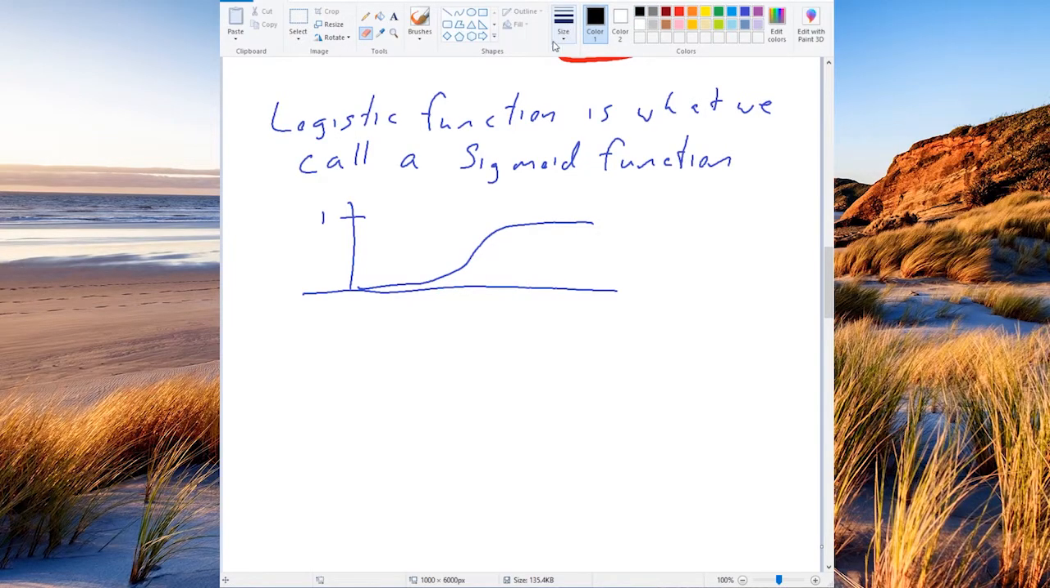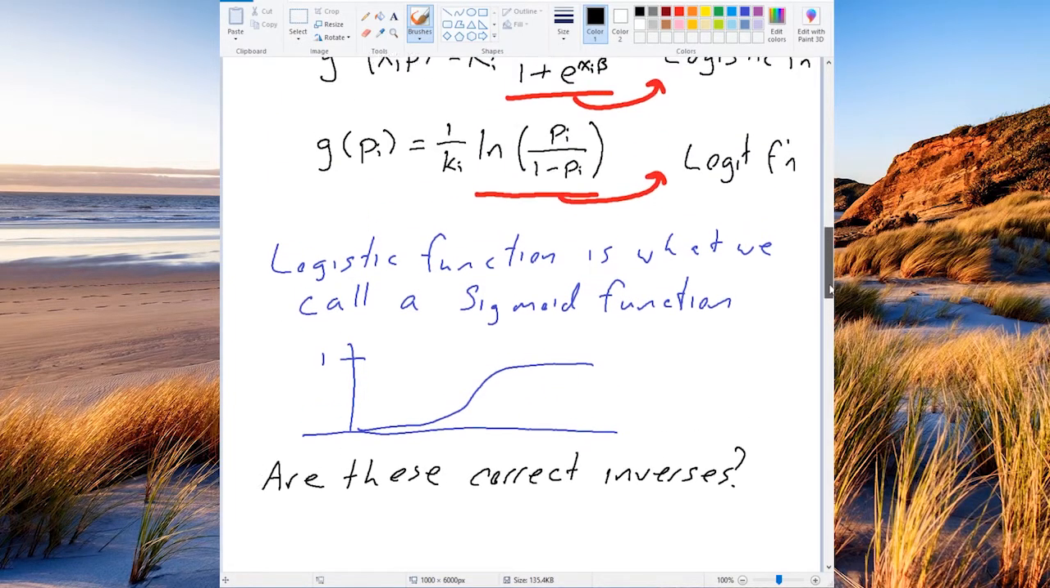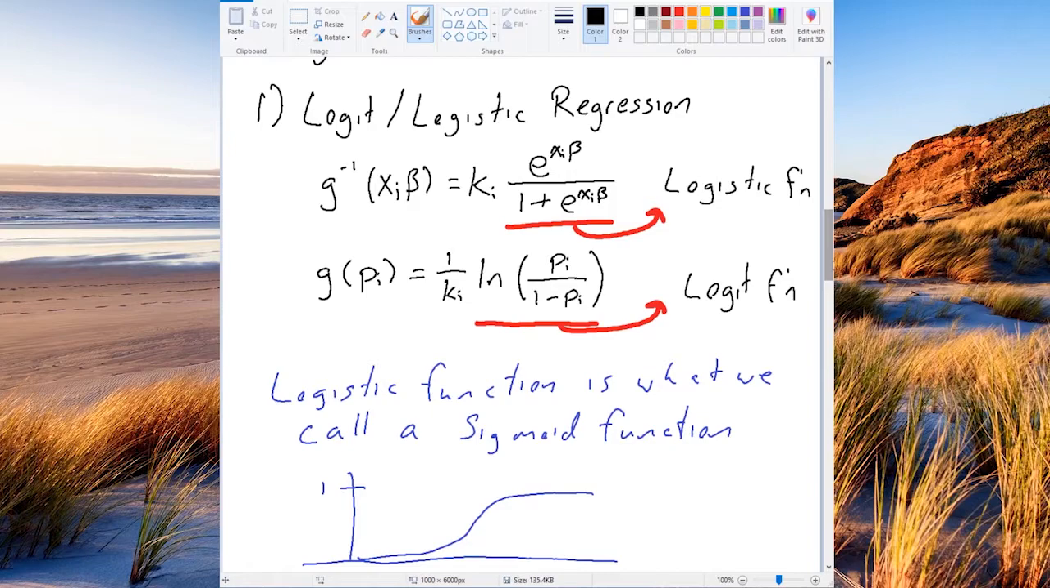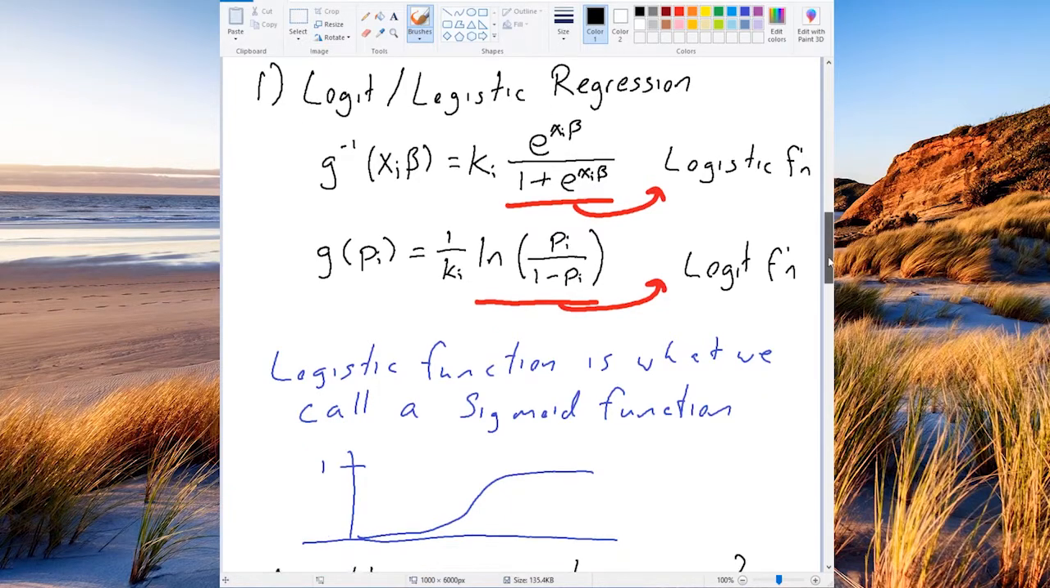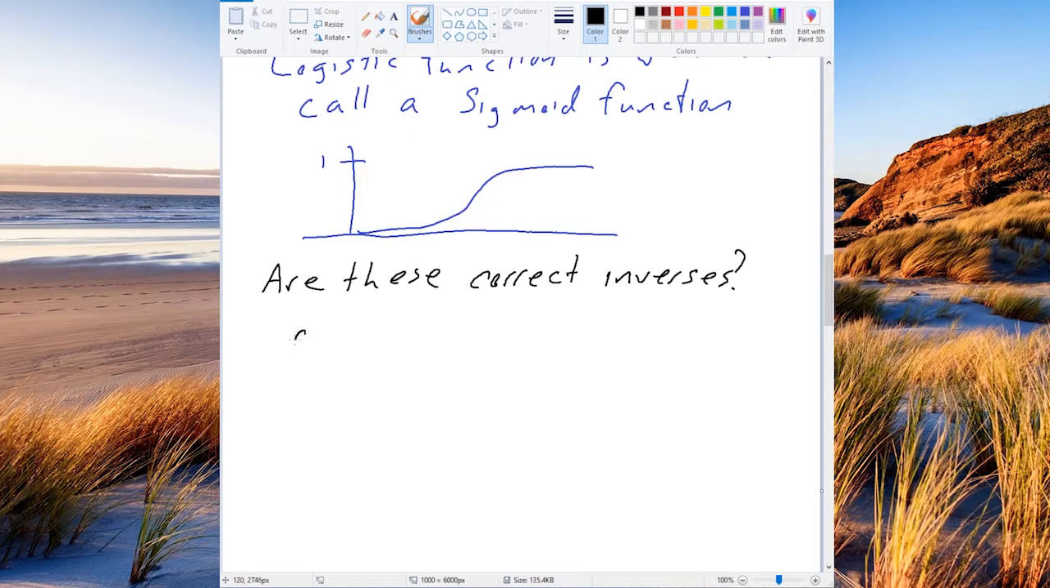So let's go back over to black. Are these correct inverses? Now, how would I check if they're correct inverses? I would need, let's do this in the way that's going to be easy, I would need to apply both of these functions and see that they effectively cancel out and go back to identity. So let's do g of g inverse. I think that's going to be the way to do this. G of g inverse of xi beta